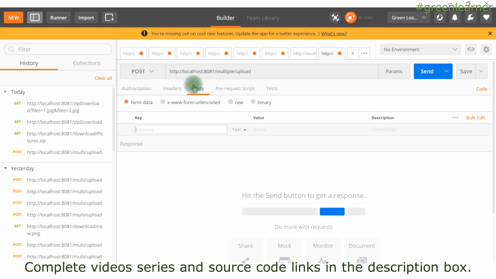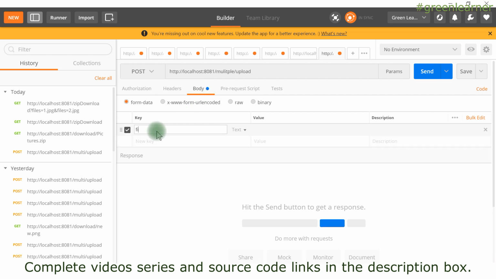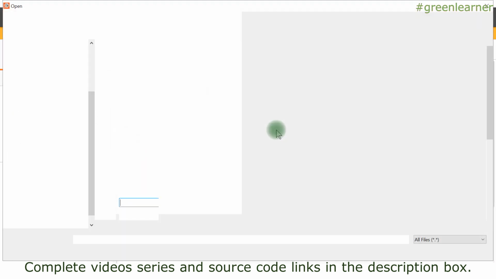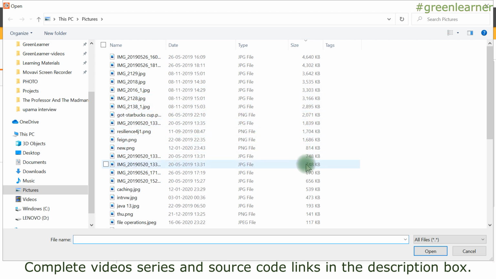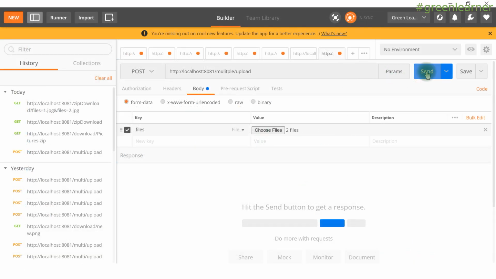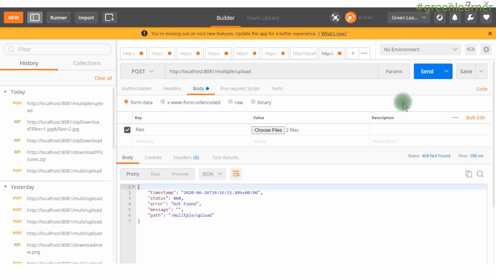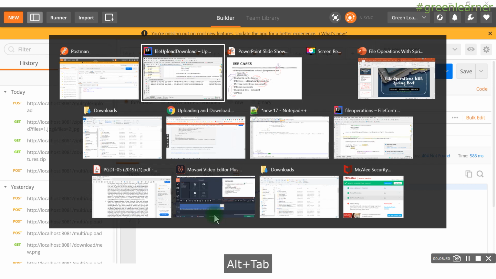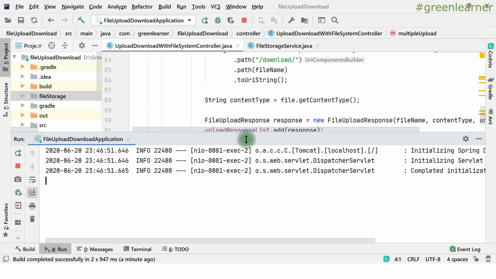Here I have to give a body key files, its type will be file, and choose the file. We are going to choose two small size files so that there is no exception. So we are taking these two files first and just upload it. Not found, multiple upload is not there. Let's see what is wrong.